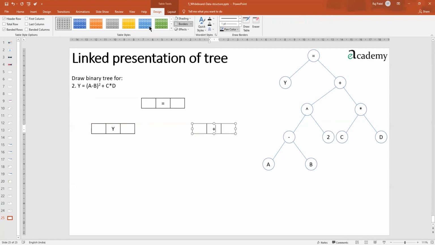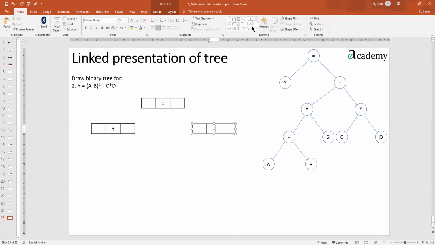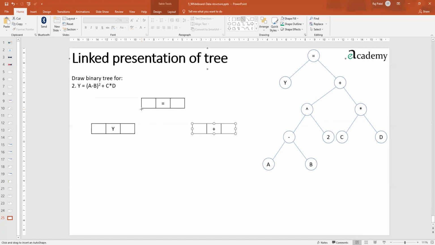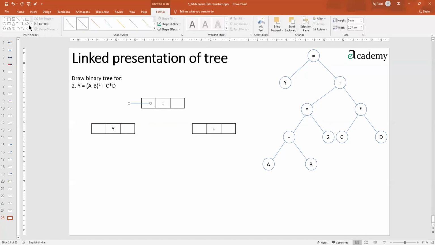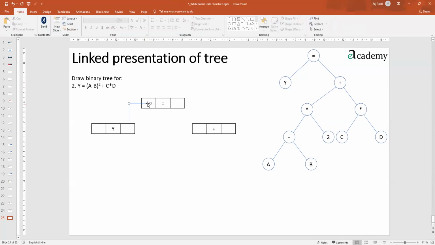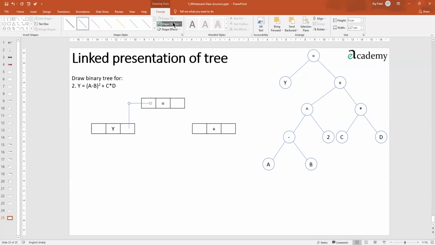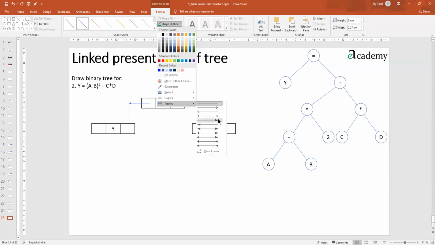Now what I'll do is join them. Okay, how will I be joining it? I'll show you. Okay. So here on this side, I'll be adding a dot kind of thing, not an arrow this time.